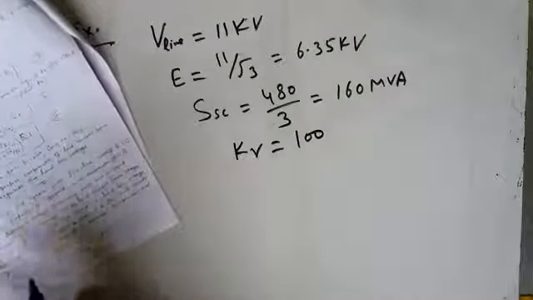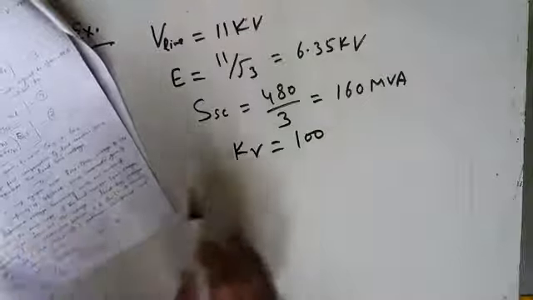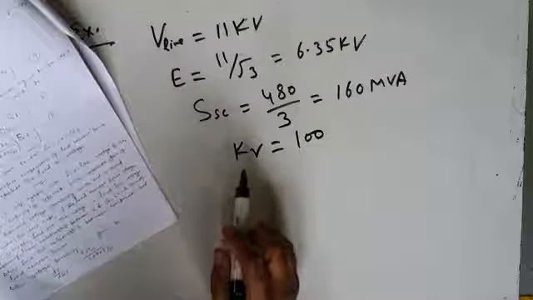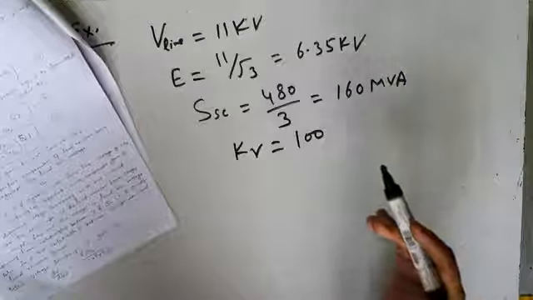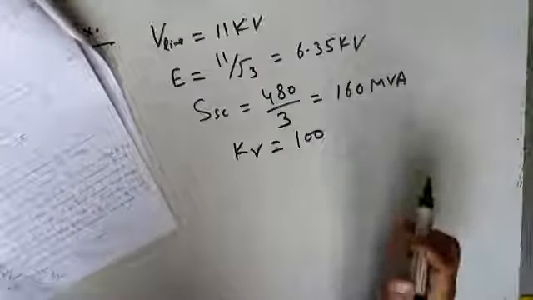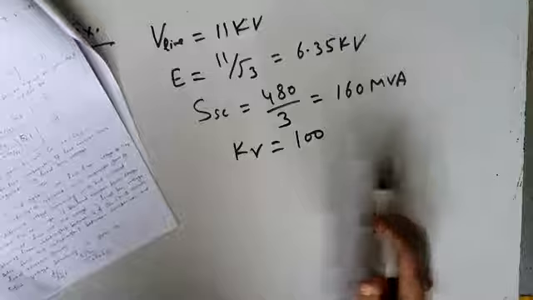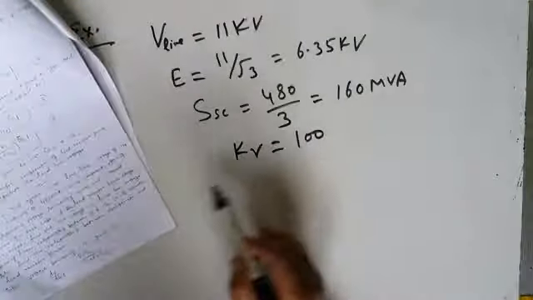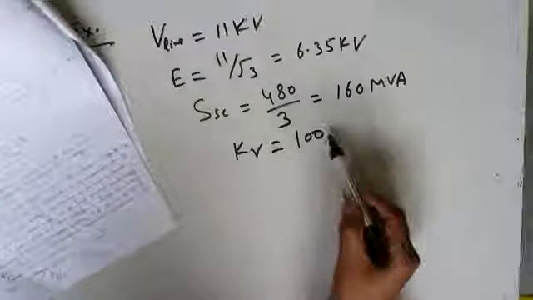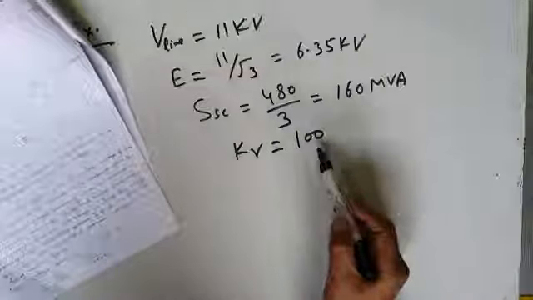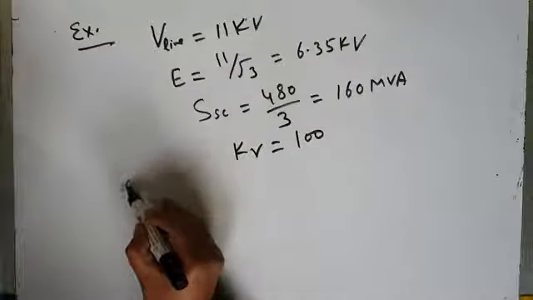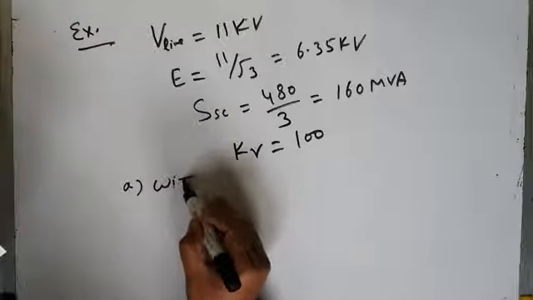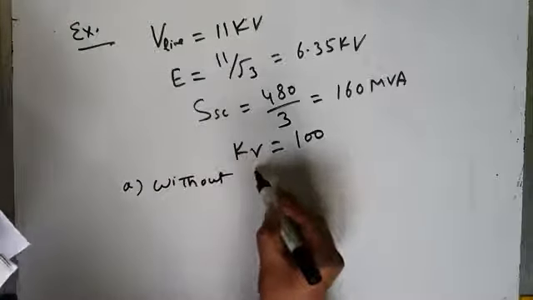So it is not infinite. It is 100. As I was telling you, you have to design the compensator with a finite gain, because if you go for very high gain, the rating, size and the cost of the compensator will be very high. So you have to stop somewhere. In this problem, we are told that the compensator is designed for a gain of 100. Determine voltage sensitivity with and without compensator. So first of all, we will go for without compensation and find voltage sensitivity.